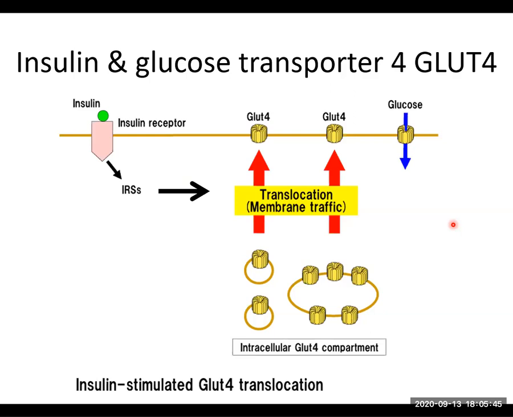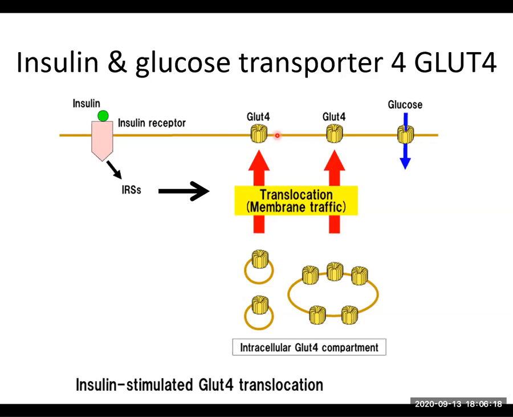So how does insulin function? What's the major function of insulin? Insulin's function is to help the glucose be stored in the cell. But how does insulin help the glucose to be stored in the cell? The way insulin does it is to increase the glucose transporter 4. This glucose transporter 4,